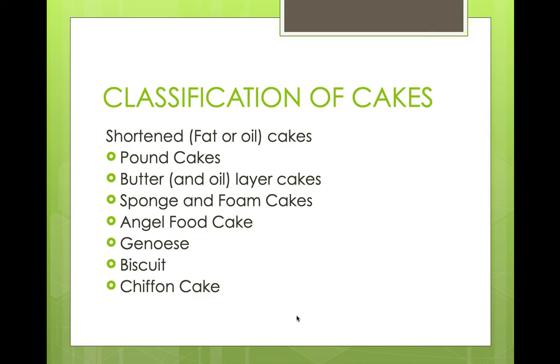Then you have the butter layered cake, which uses butter as a shortening as well as the flavoring agent in the cake. Then the basic sponge cake, called the sponge, utilizes the egg as a rising agent. Angel food cake is a very light version of the food cake that is utilized in the bakery department. The original Genoese sponge is used in European countries, also called the basic sponge, and does not use baking powder for rising.